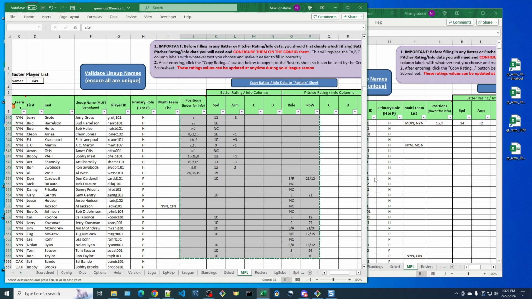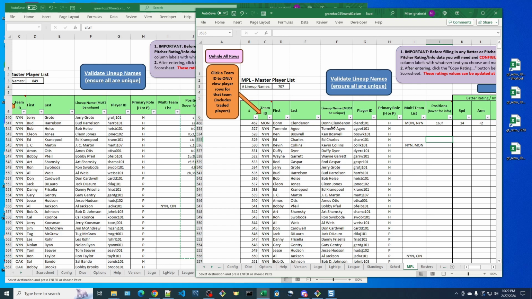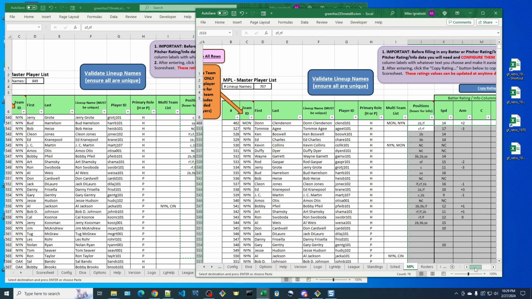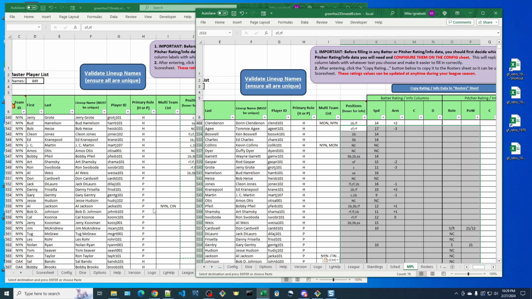So I'm going to select all those, go over here to my new one. I'm starting at Tommy Agee in this position, so I click that and I paste it in,